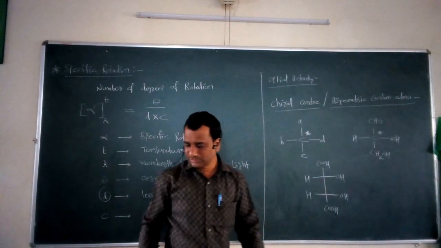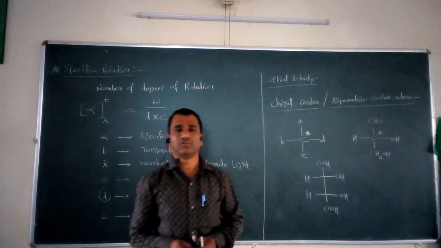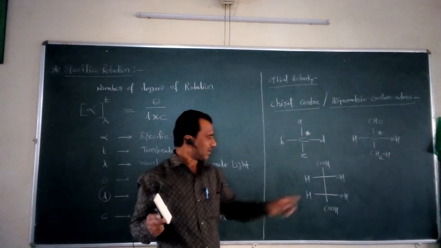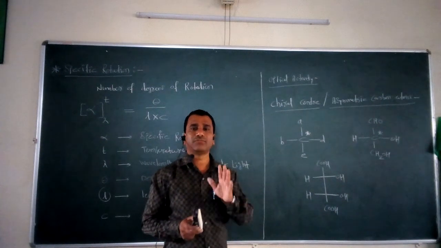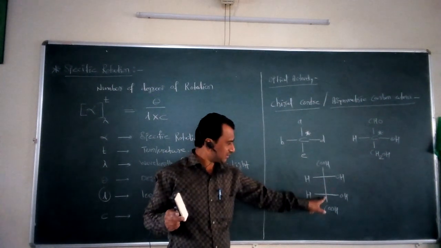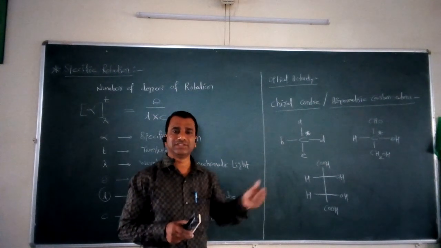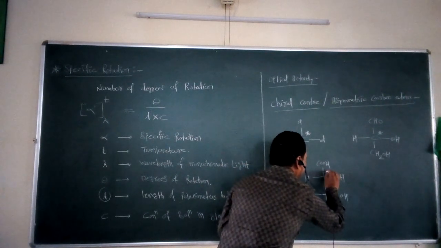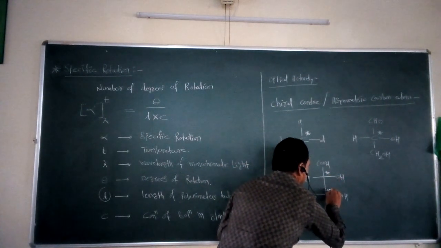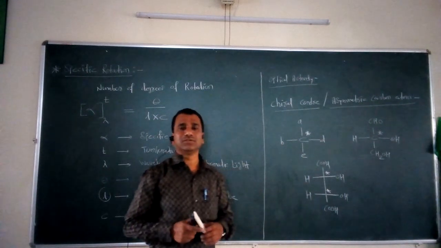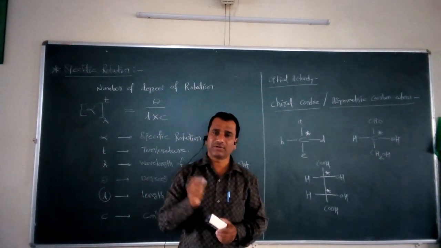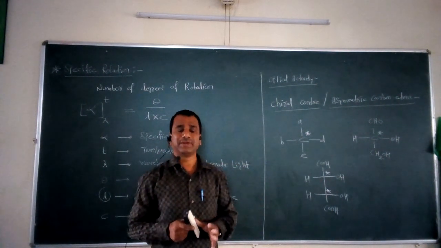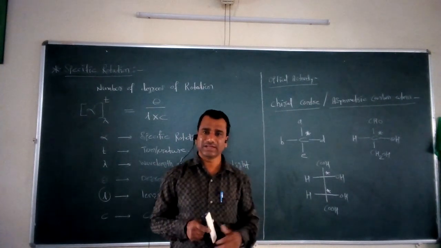If such a molecule is there, and we consider this molecule, it is tartaric acid. In this tartaric acid, if we look at how many carbon atoms are present, there are 4 carbon atoms: 1, 2, this is 3 and this is 4. If we look carefully, this molecule has 2 chiral centers. So we expect that this molecule must be optically active. But even though this molecule has chiral centers, it is an optically inactive molecule.